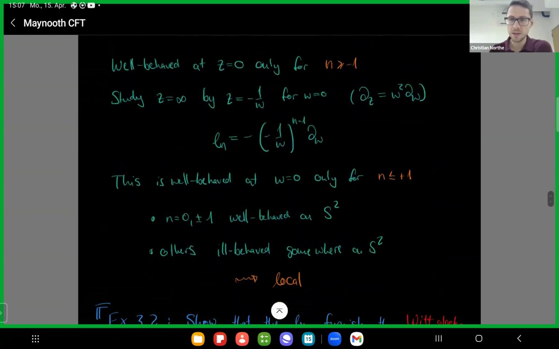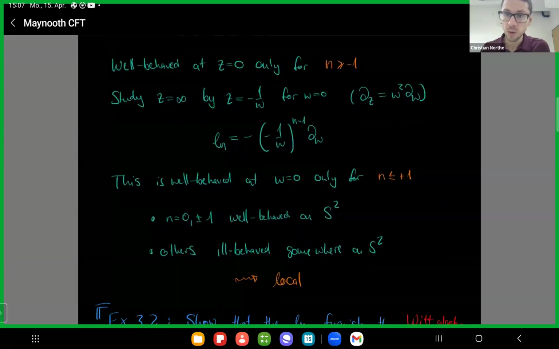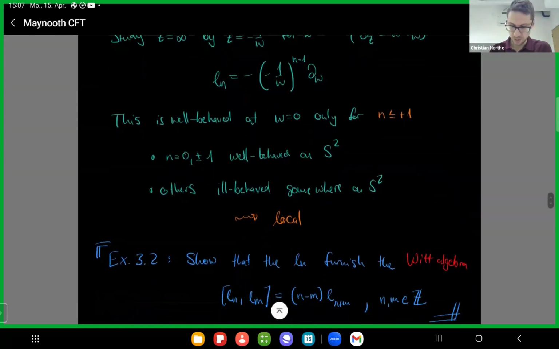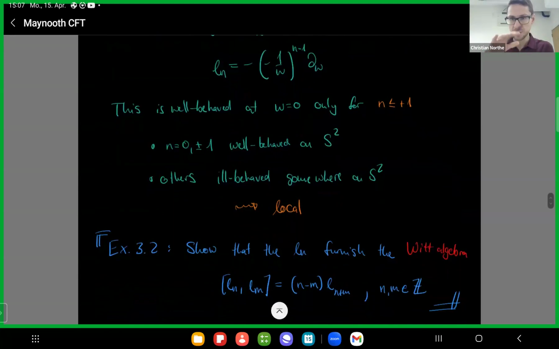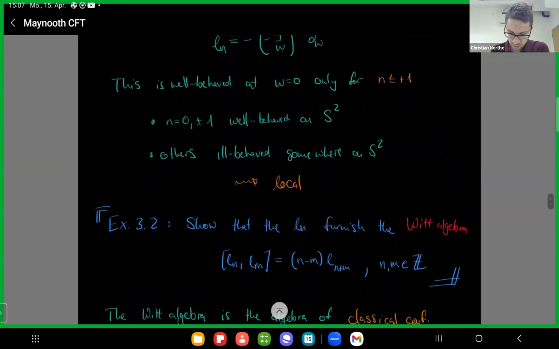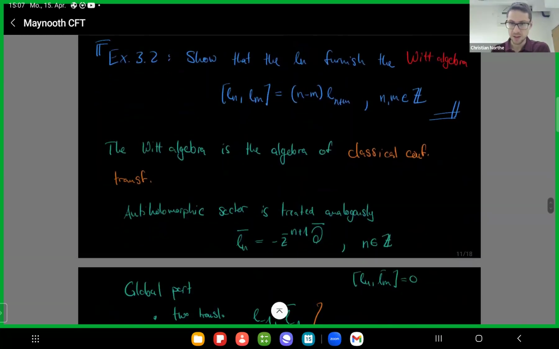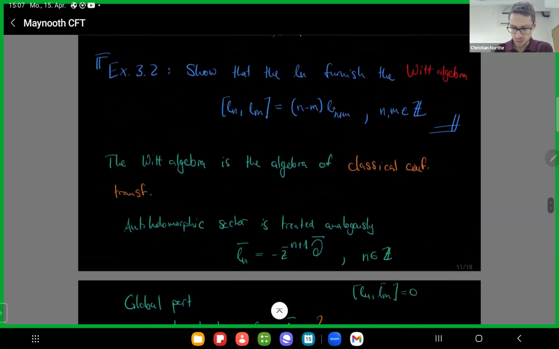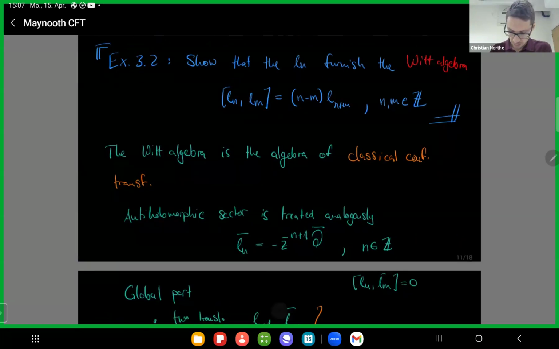And then we also made the notion of local conformal transformations precise in the sense that they are not well defined everywhere on the sphere. The sphere being the Riemann sphere, like the complex plane with one point at infinity included. Those are the local ones. Then there was this exercise that I encourage you to do. I hope you did that. It's not a difficult one. That's the Witt algebra. This is the classical conformal symmetry algebra. And